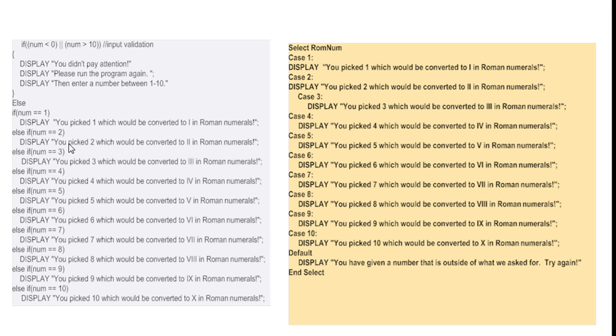Already, you're going to have the same 10 lines here. You're going to be displaying something. But what we're doing here, and I should have indented this a little bit for you, I'm sorry, is we're going to select our test expression for our case structure. In mine, I'm going to select Rom num. That's for Roman numeral. Inside of this case structure, I'm going to have all 10 cases,